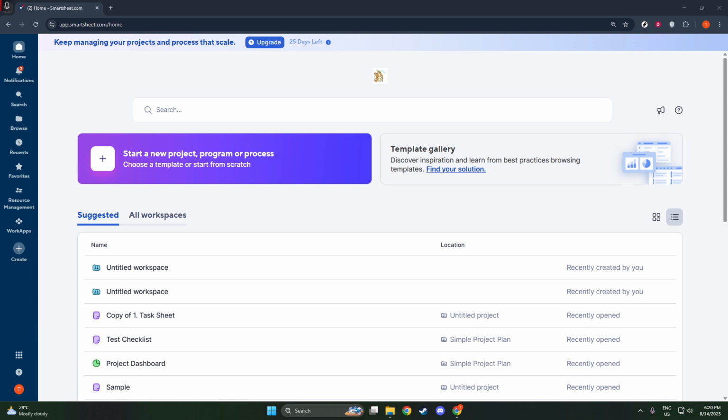If you don't have an account already, go ahead and create one. With your credentials ready, this should be a simple process. Once you're logged in, you'll find yourself on the main dashboard. This is your control center for all things Smartsheet, where you can access your sheets, reports, dashboards, and, more importantly,